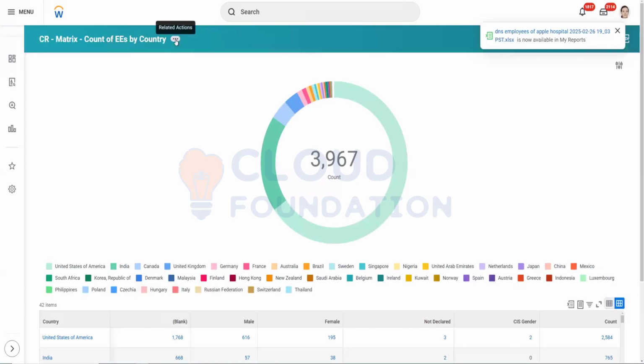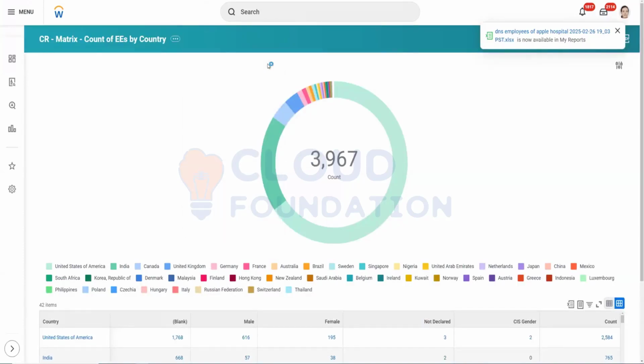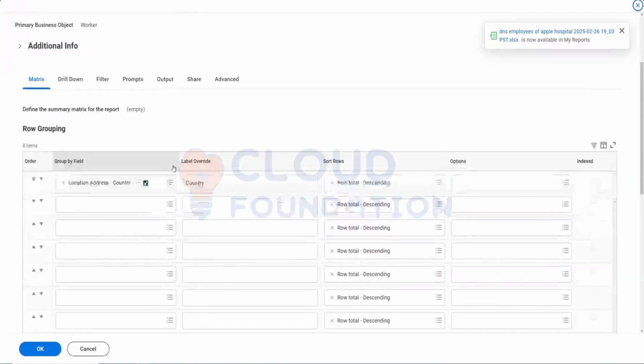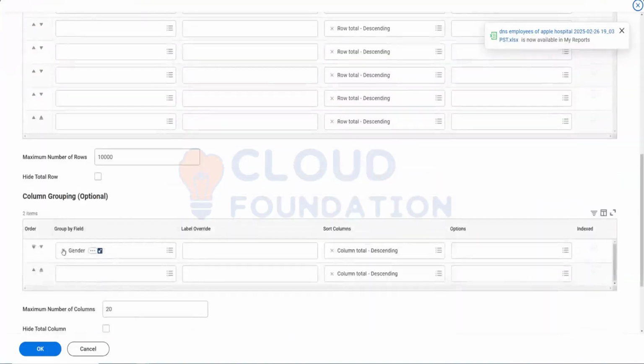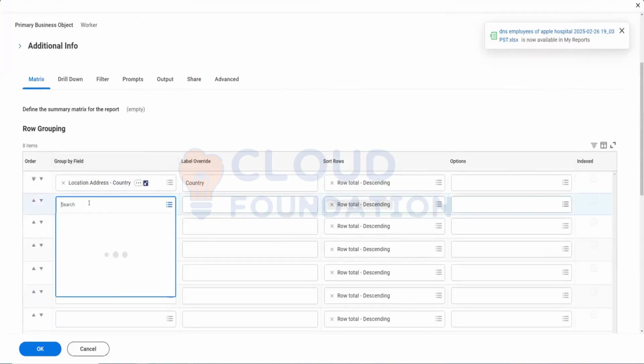Currently, we are seeing that the table is getting updated with the gender. Let's see how the chart gets this information. The table will give you the complete count, the 2584 count. The matrix gives you the number, and the table gives you the details. Now if I add the same gender value to row grouping,